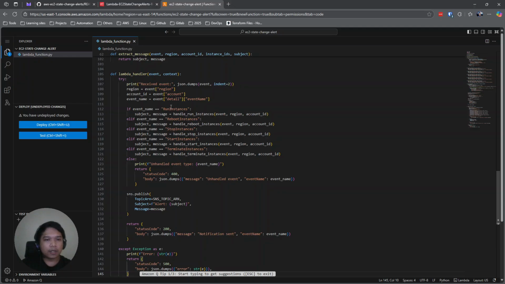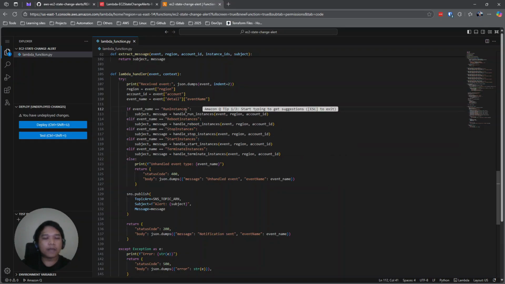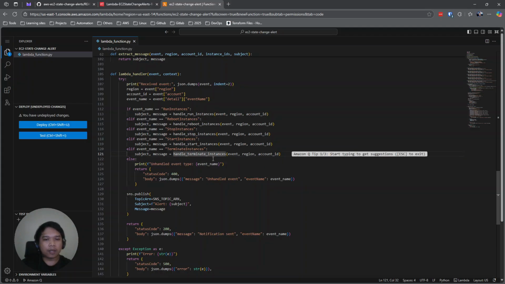So what we have here is run instances. This one is for launching or provisioning the instance. We have reboot, stop, start, and terminate. So if the event is, for example, terminate, it will be routed to the specific function inside this Lambda Python script.